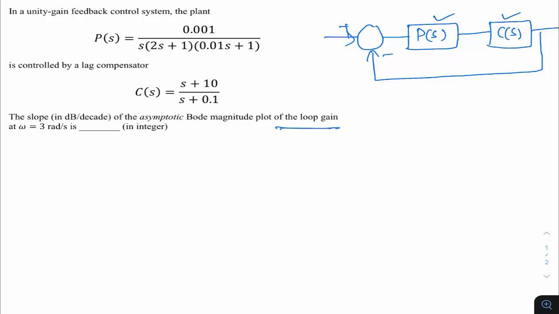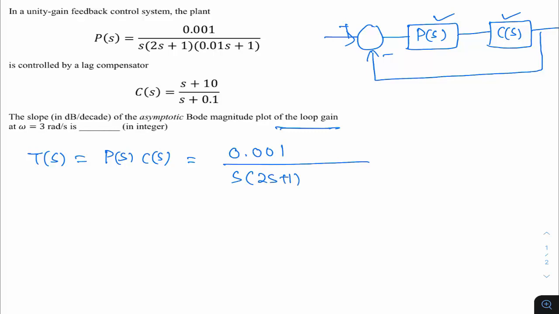Okay, this point is important. That means we want the Bode plot of the transfer function T of S. T of S is nothing but the product of P of S and C of S. Let us simplify this. This is 0.001 divided by S into 2S plus 1, then 0.01 S plus 1. This is your P of S, and into C of S, that happens to be S plus 10 divided by